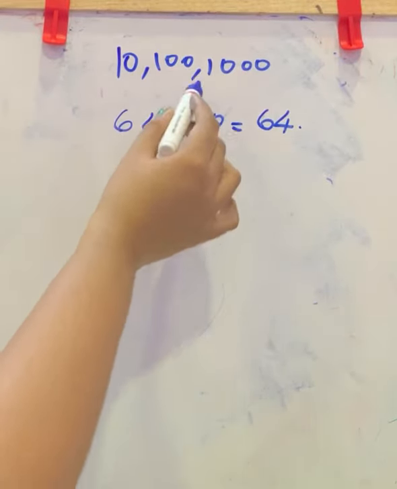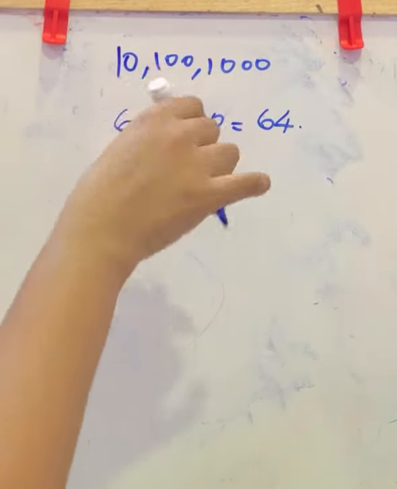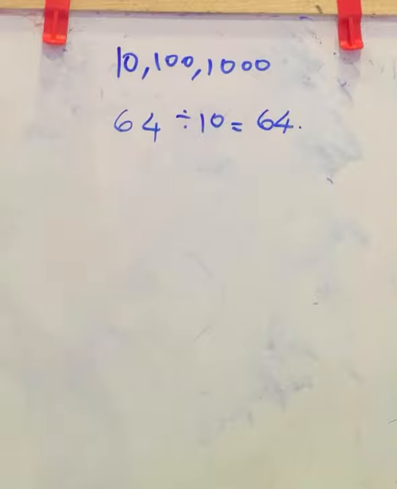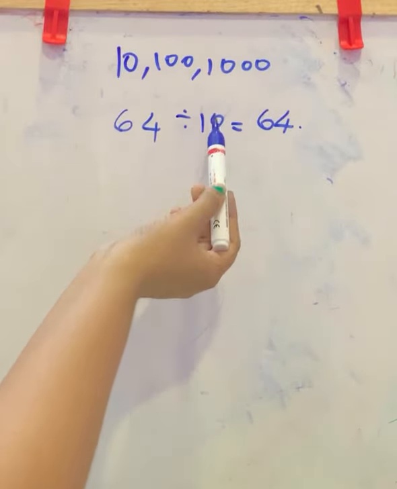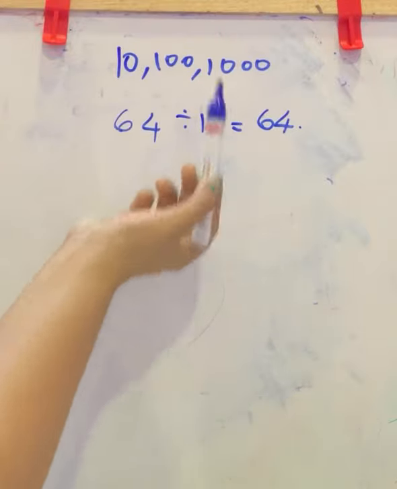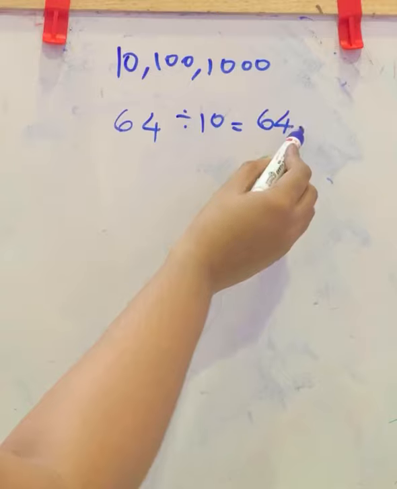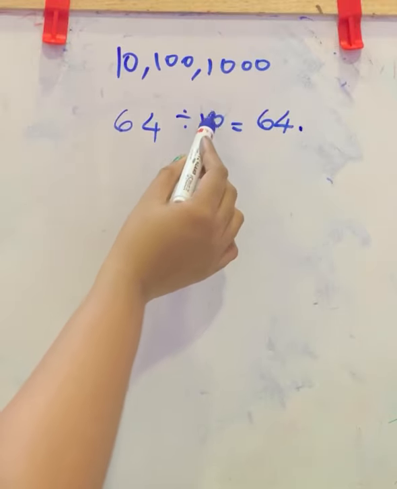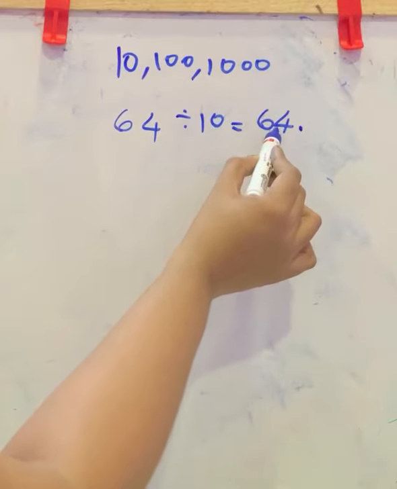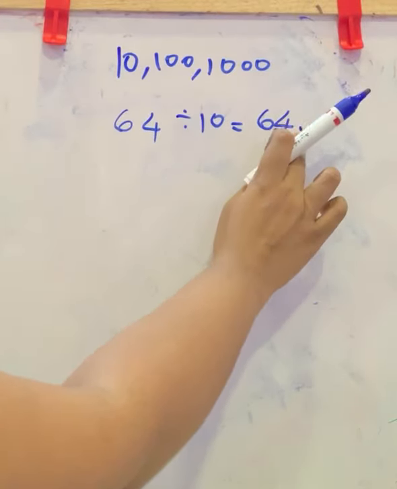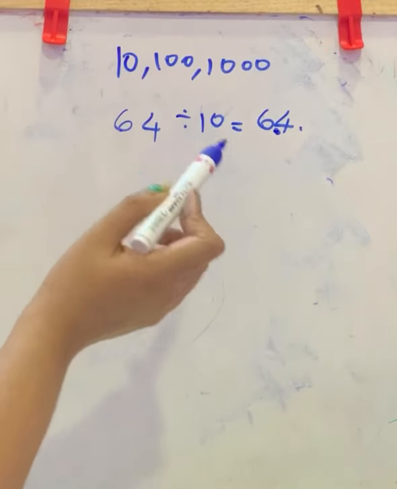You know, if it was multiplication, the decimal point jumps to right side according to number of zeros. Here we want to check the number of zeros, and decimal point will jump to left side of the number. So if the decimal is here, division by 10, in that there is only one zero, so it jumped to left side. It reaches here. 6.4 is the answer. 64 division 10 is equal to 6.4.